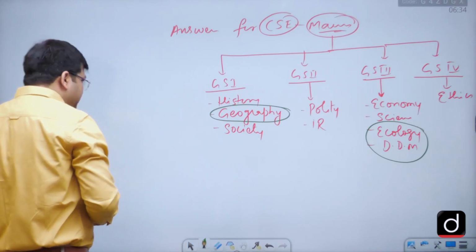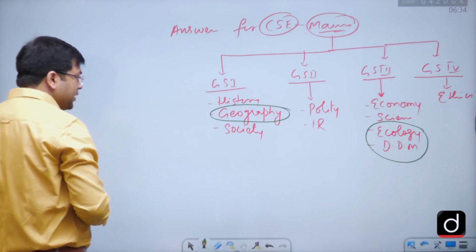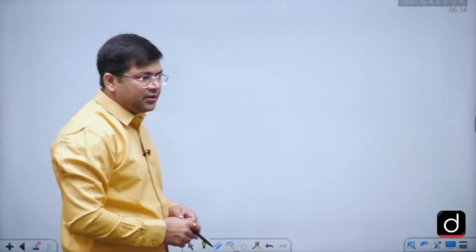Now, geography is said to be a subject which can be very marks fetching, and it is equally true in GS as well. In geography answers, you can even fetch 7.5 out of 10 marks. It all depends on your skill of answer writing, the skill of representation of your answers, the organization of the answers, and the sequences that are followed in the answer. So geography is very marks fetching here.